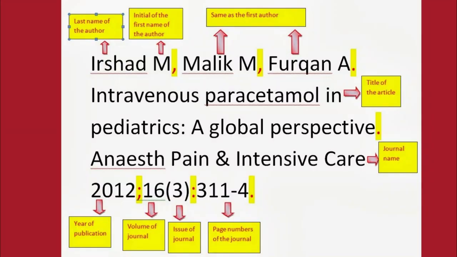So this is how a Vancouver formatting looks. In Vancouver formatting, the author's names will come first, followed by a full stop, and then the title of the article, followed by a colon, and then you'll have the name of the journal, followed by year of publication and a semicolon, and volume of the journal, followed by issue of the journal, followed by page numbers. So this is how a Vancouver formatting should look. But in certain situations, Mendeley will fail to exactly get this format. I will just show you in my system how this actually happens.